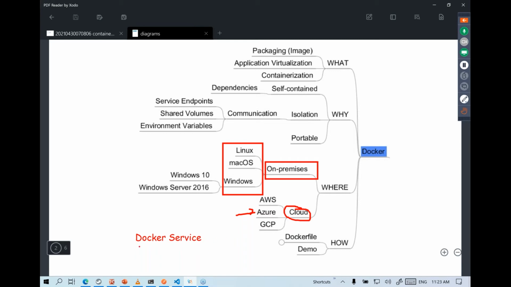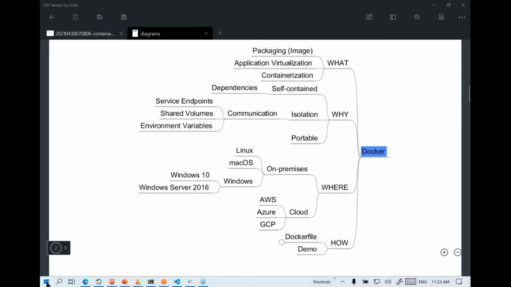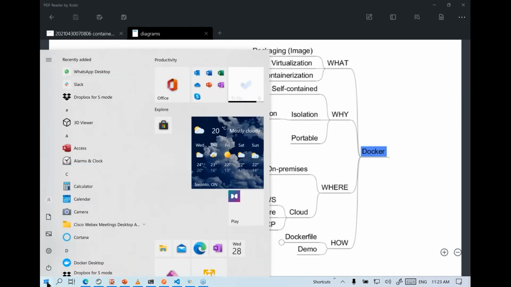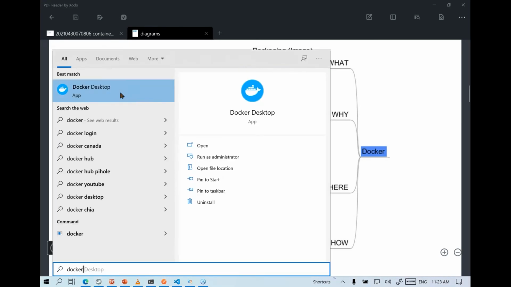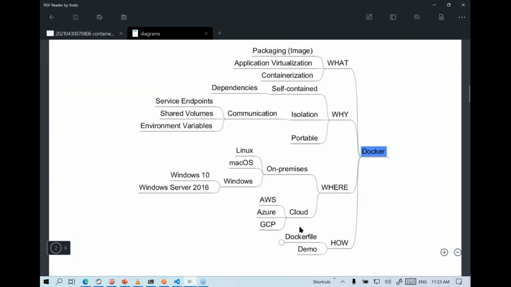Here I have a Windows-based machine, and I already have Docker Desktop. It's a totally free of cost, open source technology available for Windows, Linux, and Mac OS, and you can choose to install this on any OS, like I mentioned. So here I have it installed on my Windows-based machine. Make sure Docker is installed, and then all you have to do as developers is create a script called Dockerfile. The Dockerfile is a script that we need to create.